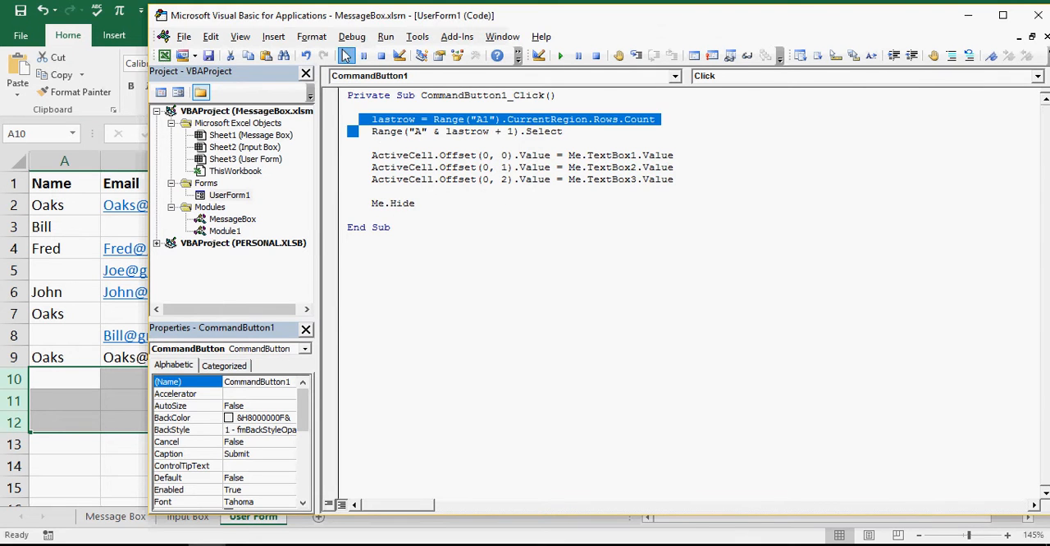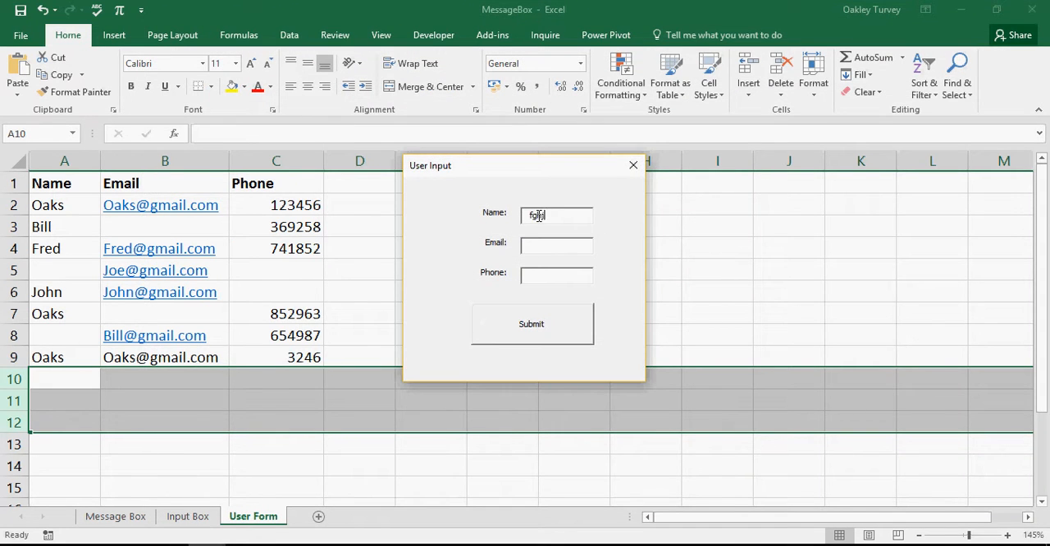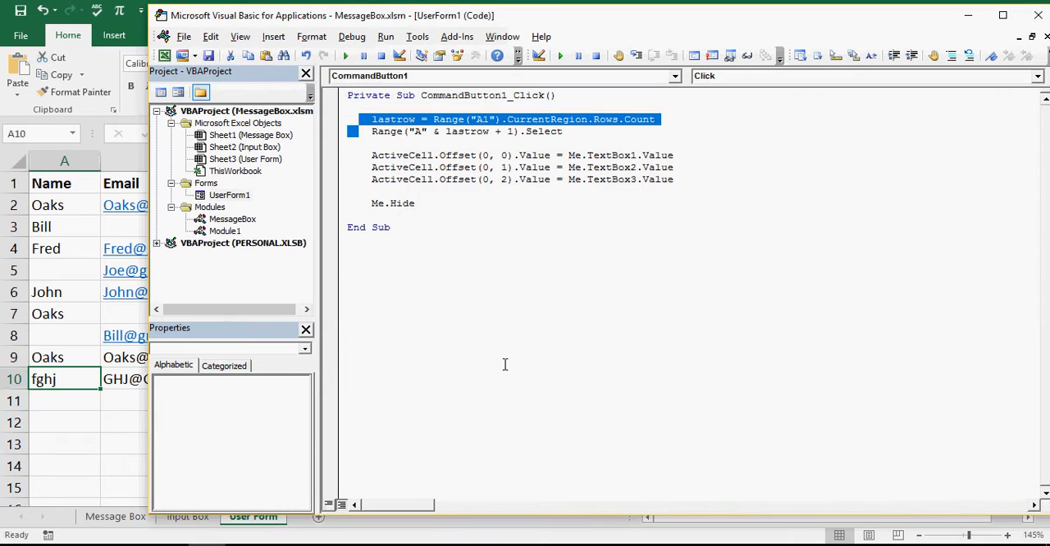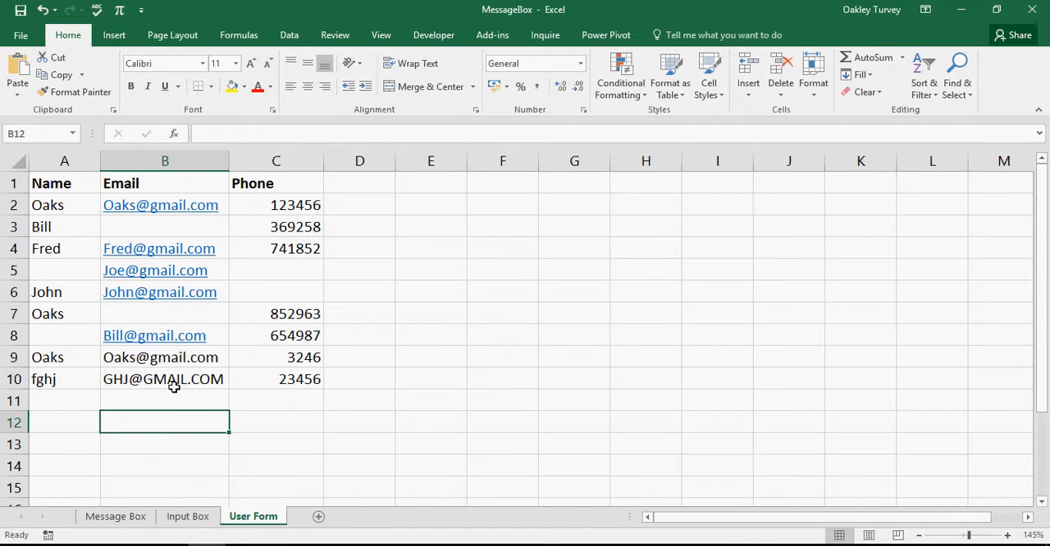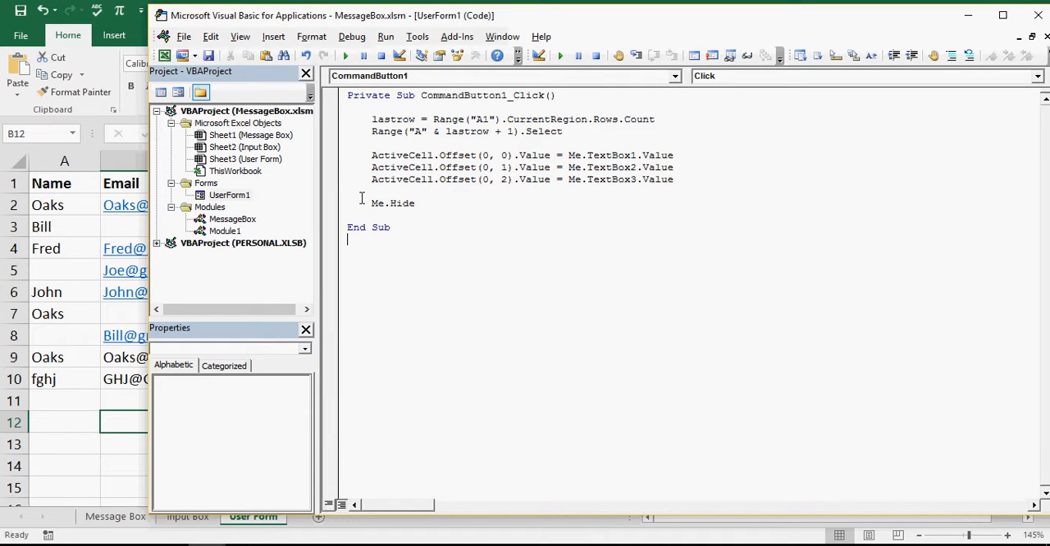So if I run that again, it comes up with the data. Click submit, and instantly the form is hidden. It does put the data in there, but straight away afterwards it hides the form. Now that's fine if you have 3 text boxes, but if you have 10 or 20, it becomes a bit of a pain. So what I'm doing is I'm just remarking out those